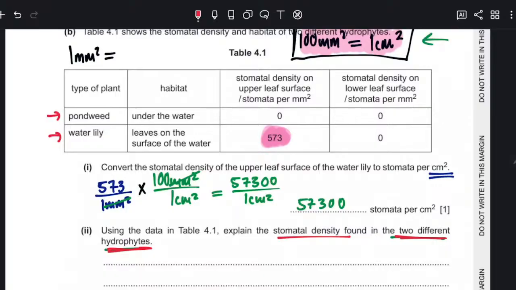So why is it that we have 2 different hydrophytes? Hydrophytes means they are found in water. Why is it that one has such a density,